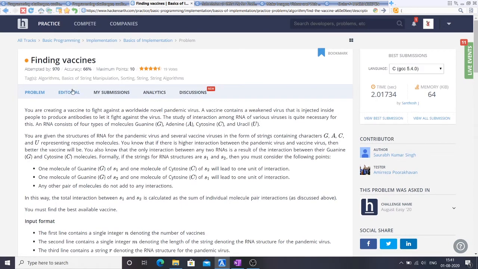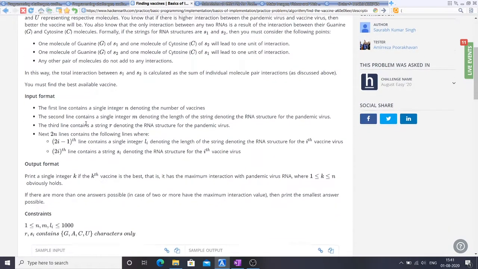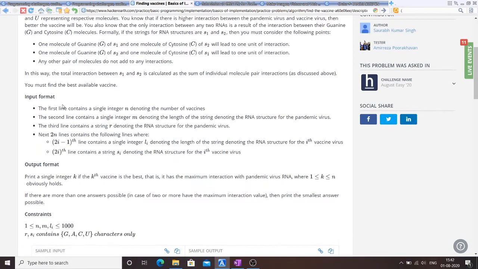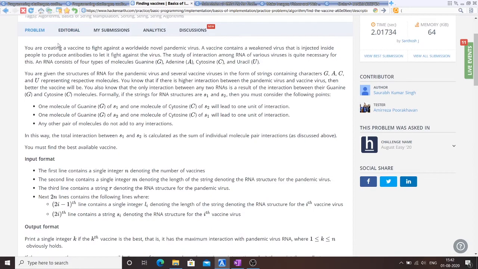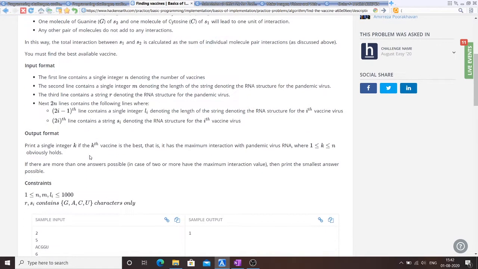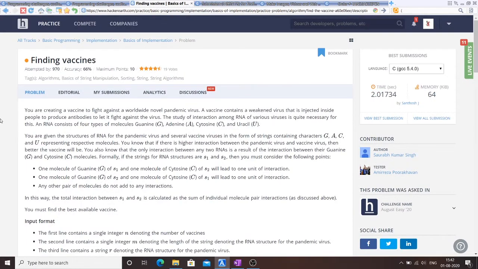This question was a part of HackerEarth August Easy Circuits, and it was the first question, really basic. You just have to see how the test cases work and how everything is going. It looks like a very big problem, but it isn't. So I'm not going to read this whole thing; I'm going to explain what the question says.